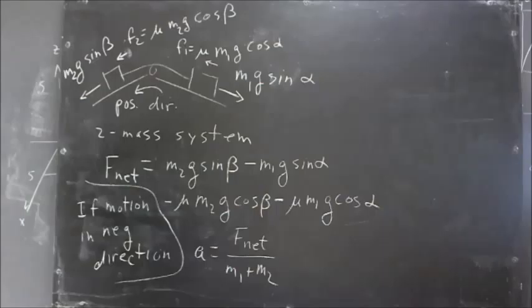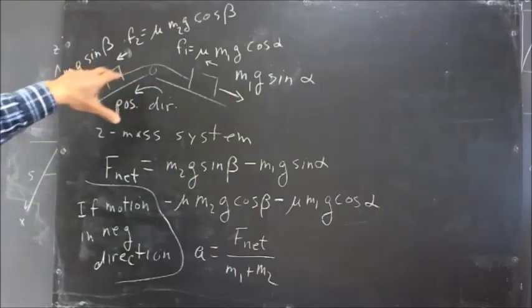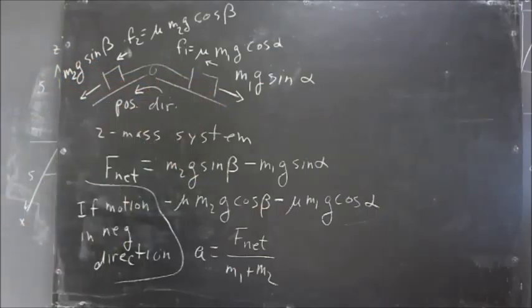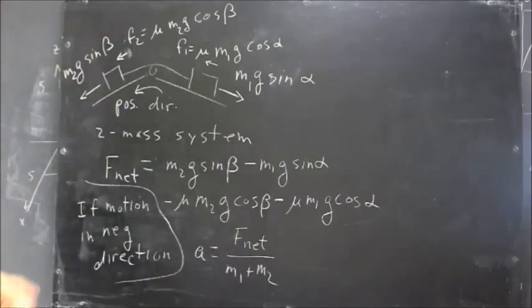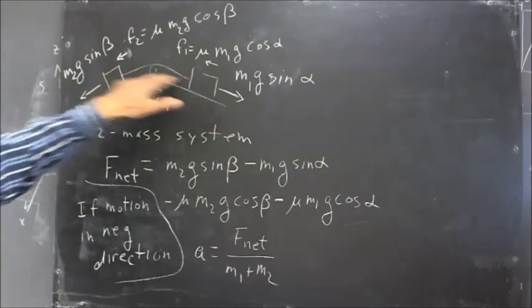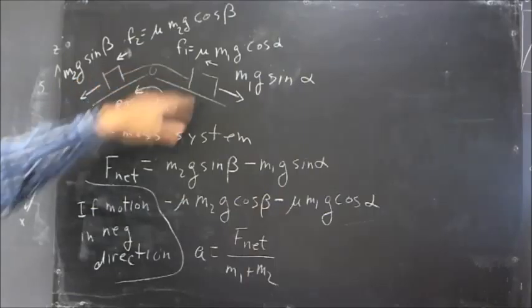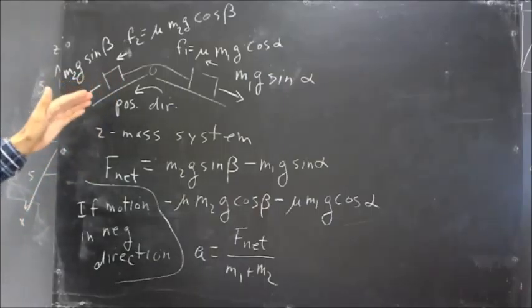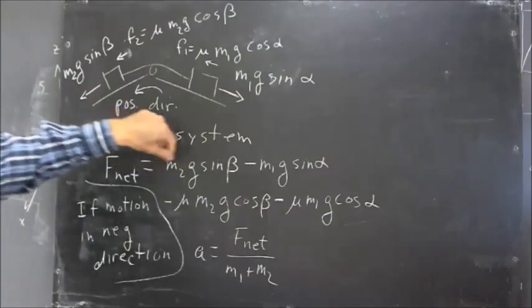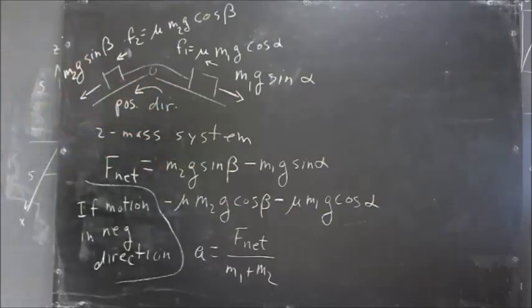And that's how we would analyze it if we consider these masses to be two separate systems. In this analysis, we're going to analyze this by considering the two masses and the cord or string connecting them to be a single system, and we're going to choose a positive direction as the counterclockwise direction, meaning that if